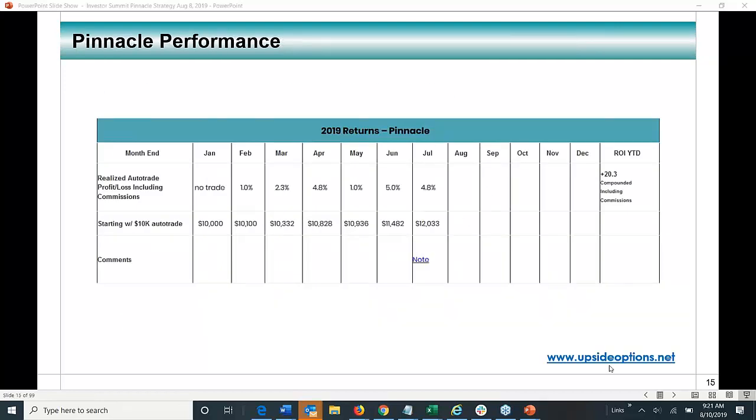This is just a screenshot off of the website, upsideoptions.net. It shows the returns for 2019. And recently we've been in the 4 to 5% range per month. I can't promise that every month. It just depends on what the market does, depends on what Trump does, depends on which tweets he sends out, depends